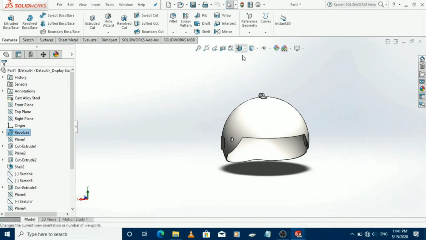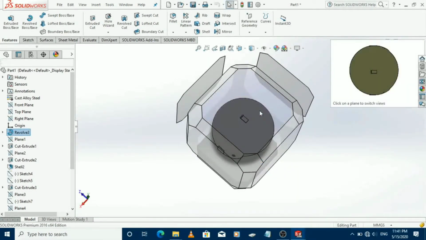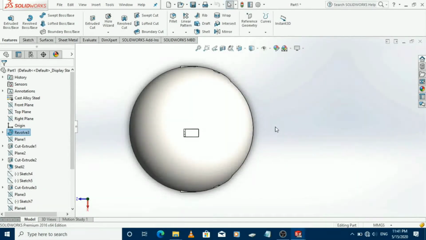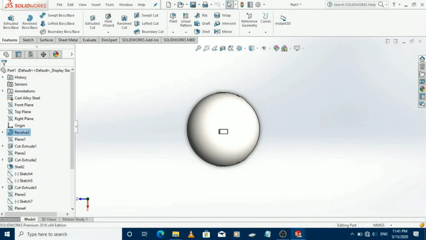Here I use the top plane, and using the sketch feature, sketch and then convert entities, I use here, and then here I generate the curve, okay.